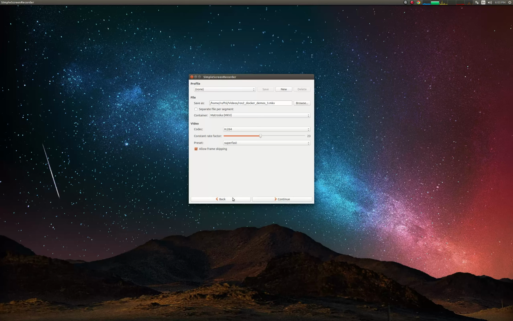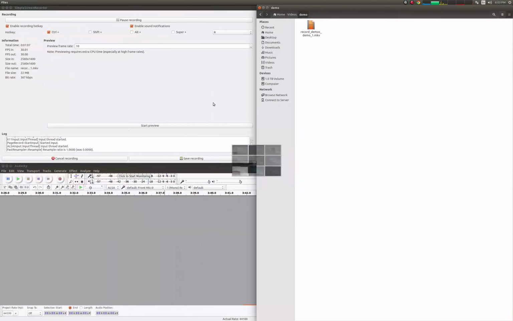And then there's some keyboard shortcuts. So just hit like Control R to start recording, and you can see the file size and stuff like that. Anywho,